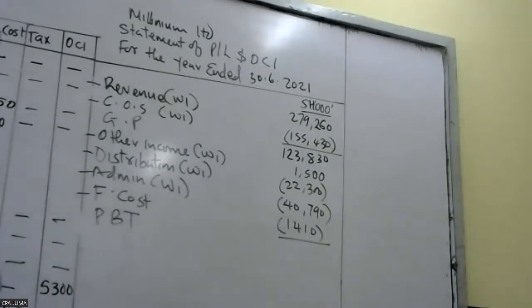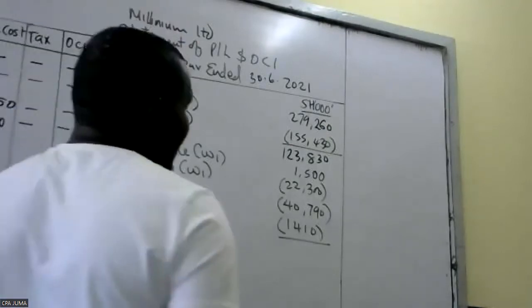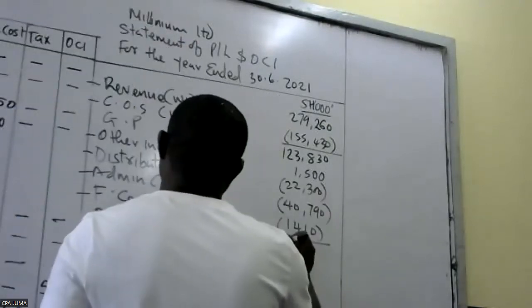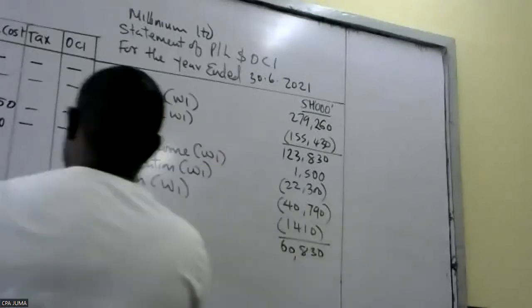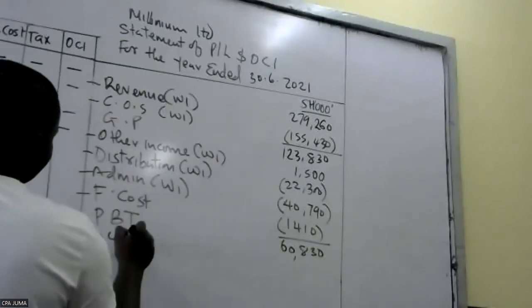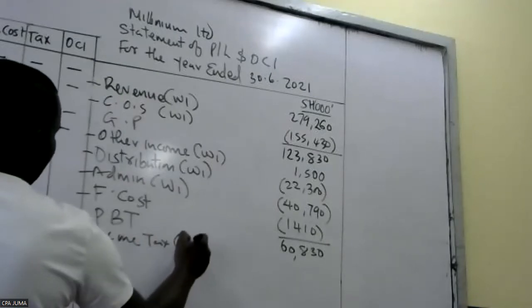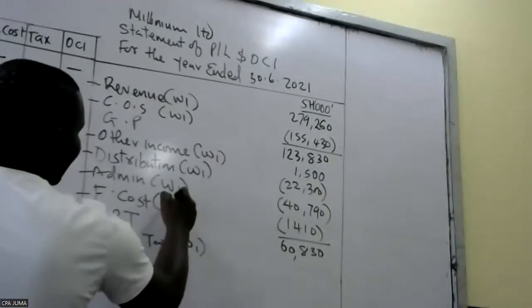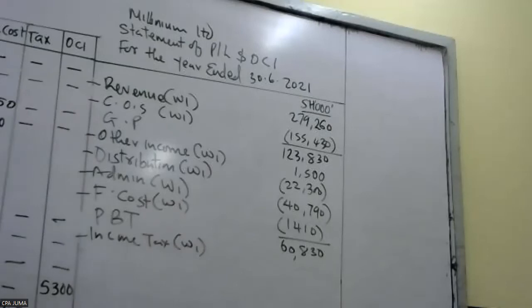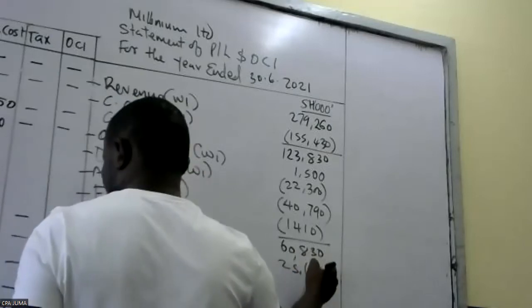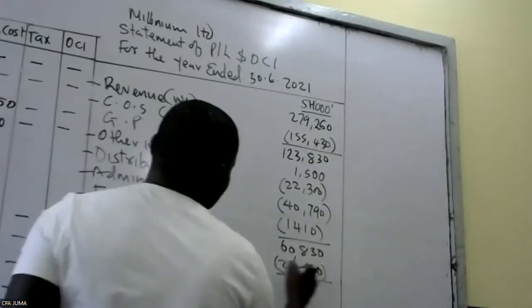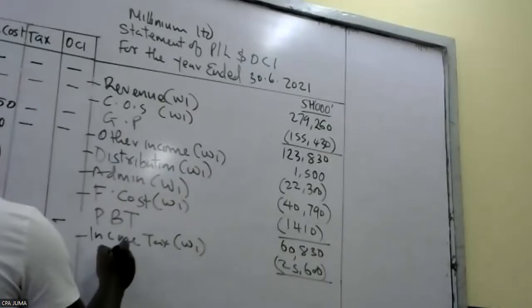PBT comes to 68,30. Income tax, working one. Everything here is working one. You will move them from that table. So income tax is 25,600. So PAT, profit after tax,